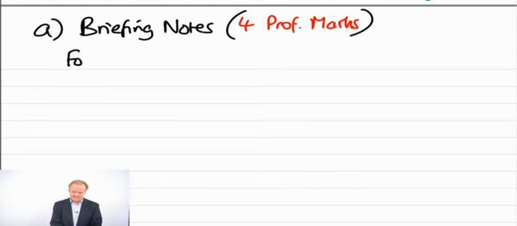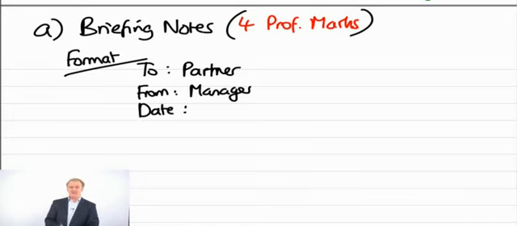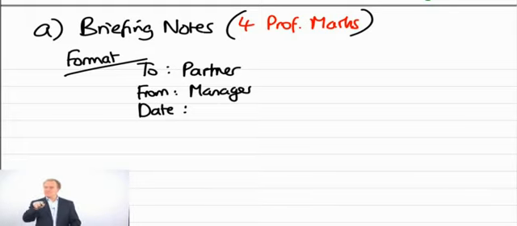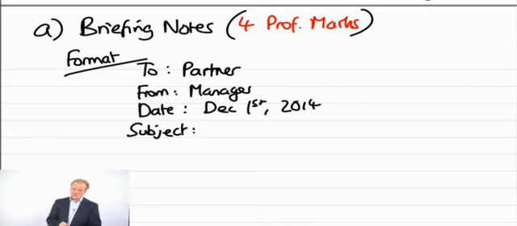Well, the first thing is the format, and the format requires who are they for, which of course is partner, who have they been written by, manager. It would actually be a good idea to put the date in here, so that if the manager reads this at some point in the future, he knows what information existed at the time you wrote this, and you sit your exam on December the 1st, so let's go with that,